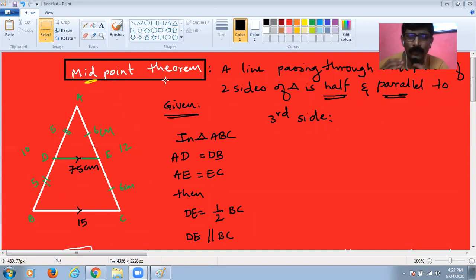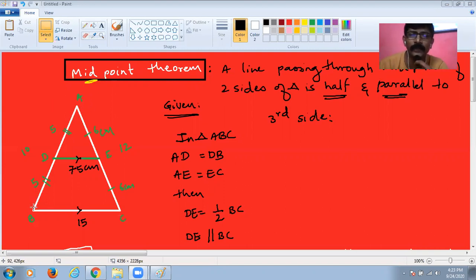So understand guys, midpoint theorem is used in geometry for many proofs, or while writing some geometry theorems we utilize this midpoint theorem. But before writing those theorems or proofs, we should understand what exactly is midpoint theorem. By name itself it is very clear there would be a midpoint involved in it. So let's see what exactly is midpoint theorem over here.